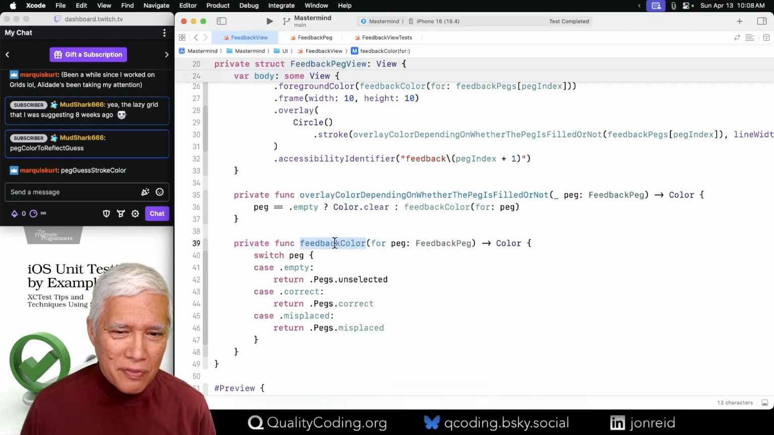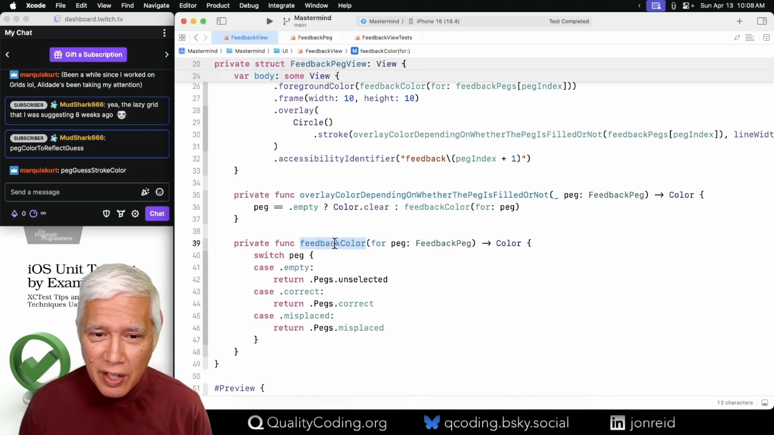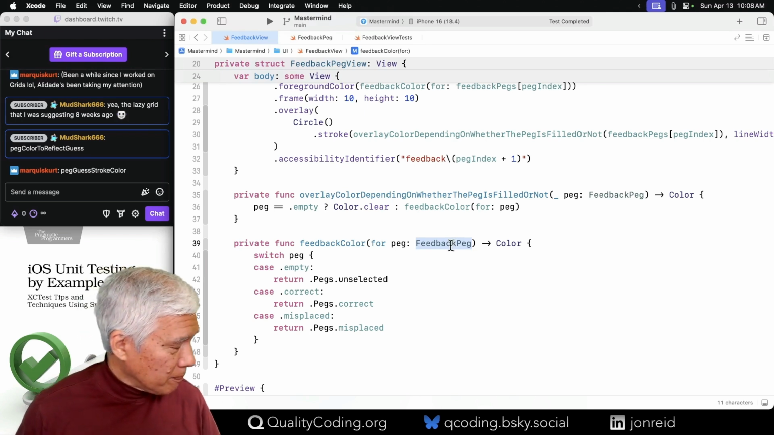Alas, I would love to be able to... In IntelliJ, hey, I didn't say the A word. In IntelliJ, you can select a method and say, I want to move this to feedback peg, and it would do it for you. Without that,